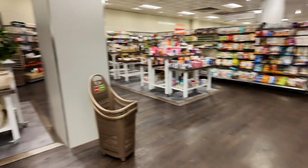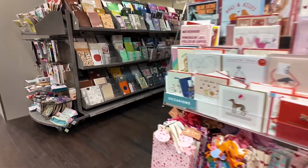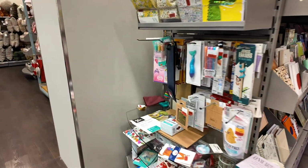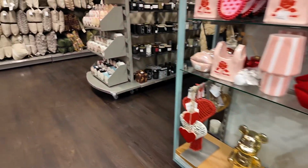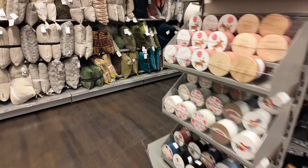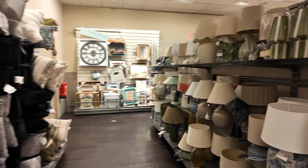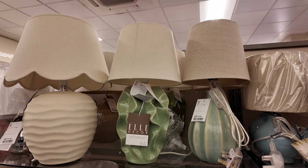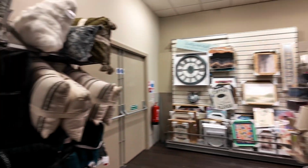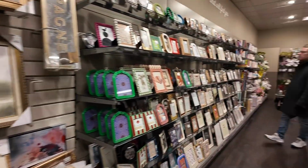So this is menswear and homeware upstairs, which is my favourite corner. I do like this corner. I've got some artificial plants for our living room the last week or two when I came in. I like the knickknacks, I like the stationery, I like the housewares, I like the books, I like the cushions, I like everything. I just like TK Maxx. What can I say? So you've got lights, that's quite nice, I like that one. I've been looking for some new lights for our living room when we decorate. Some cushions, pictures, clocks, picture frames,